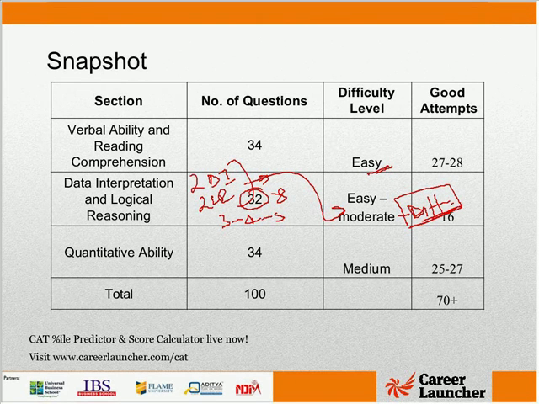Okay, great. So for me, DILR is a 3-4-5 phenomenon. 3 was an at-par attempt. Most of the people would have been able to do 3. Anyone who does less than 3 is in trouble. 4 is what would be a good attempt. 5 would be outstanding. Yes, I am sure there must be a few who would have done 6 sets or so and done 24 odd attempts. But by and large, this paper had 4 difficult sets in DI and LR and 4 doable sets in DI and LR.